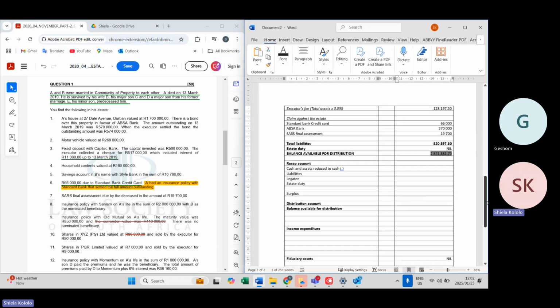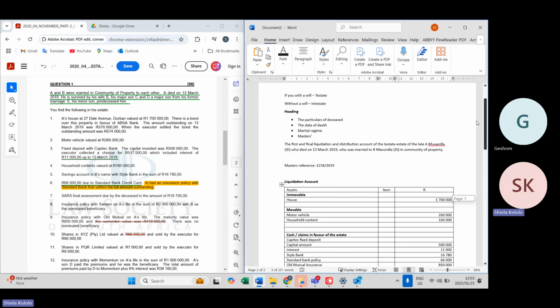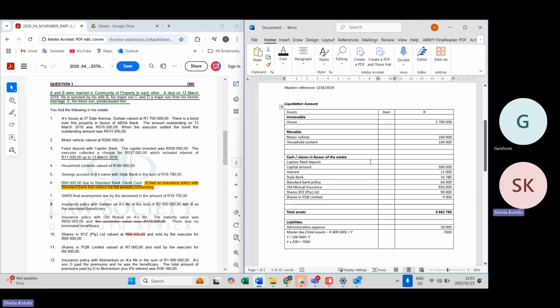So now we've got a recap account. What we do in a recap account is take the money that we received in the estate, to see if it's sufficient to pay our liabilities. That's the purpose of a recap account. So in our recap account, ordinarily what we would do, but we're not going to do it now, we would take these amounts,